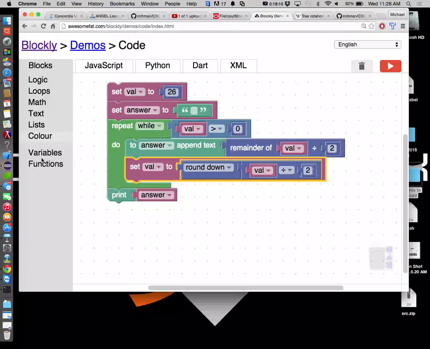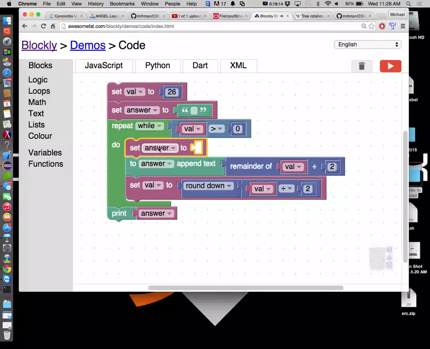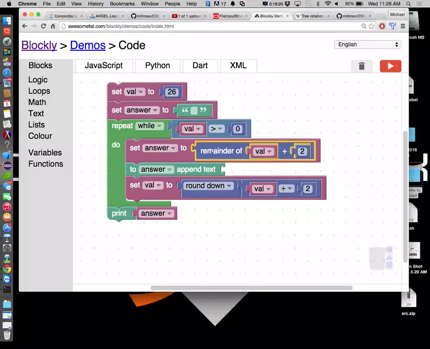Okay, so you want to come in here, do you want to set answer, we'll throw it up here for right now. We're going to set answer to something else. And what are we going to set it to? We're going to set it to the remainder of this, followed by what? Answer. Followed by answer? Well, how do I get answer in here? You can use the standard addition function. Okay, so